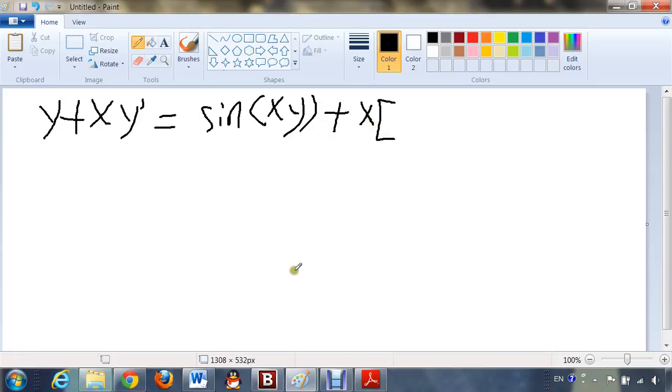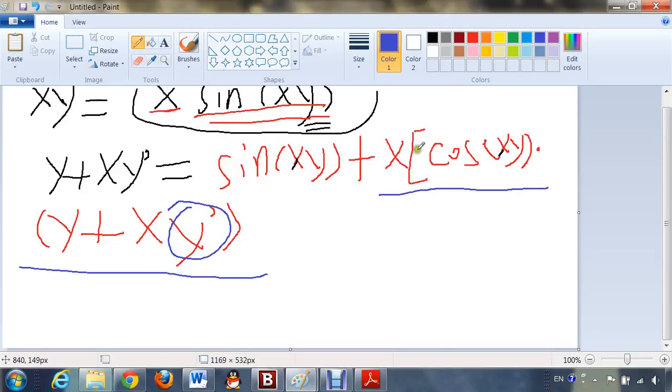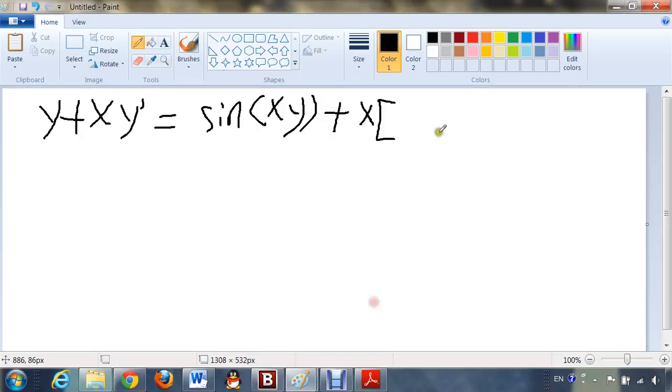Now let's distribute the inside, right? Since this is cosine of xy times these two terms, let's distribute. So inside the parentheses will be y cosine of xy